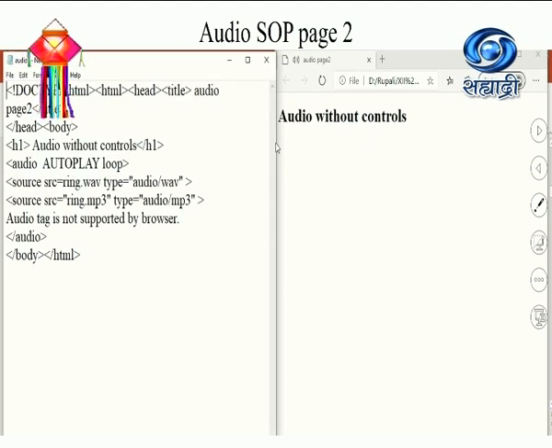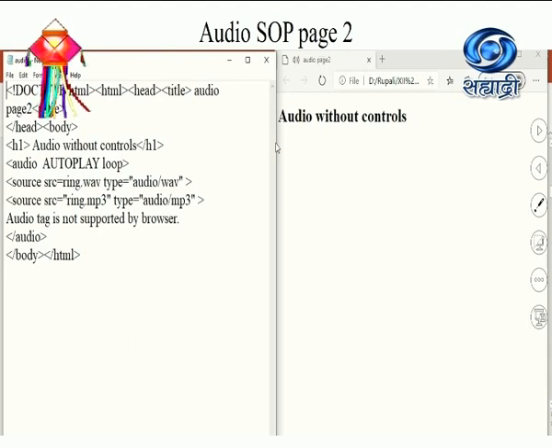If you want to see, you may see the demo. Just now observe the code first. SRC tag I have specified for the source tag now. So why I have specified this? Because some of the browsers may not support WAV file format. So this is a WAV file format, audio file format. If WAV file format is not supported, then automatically this other file will be played by the browsers.